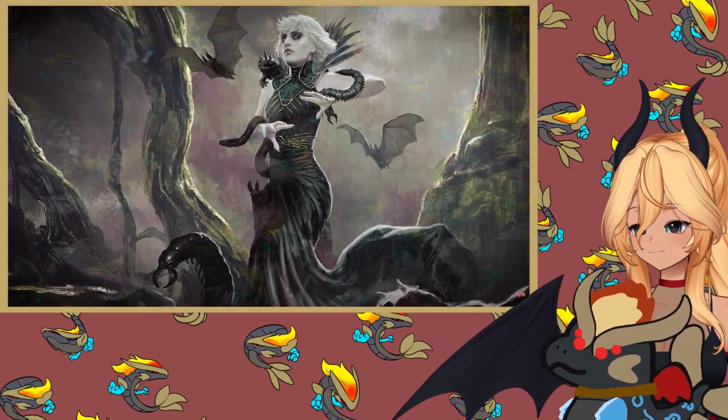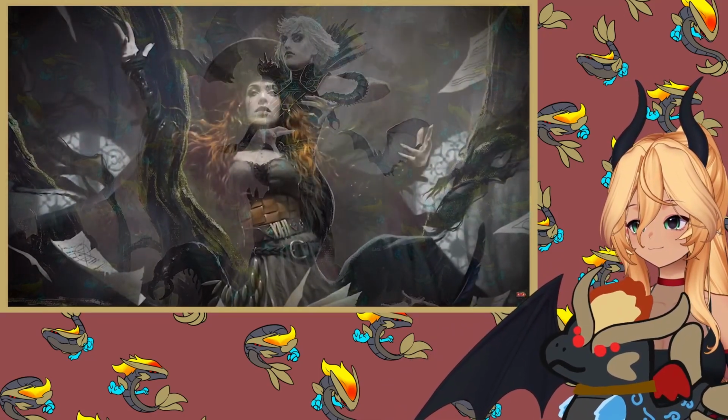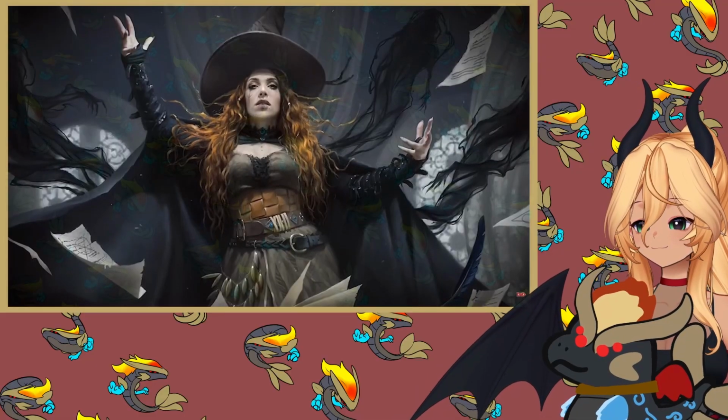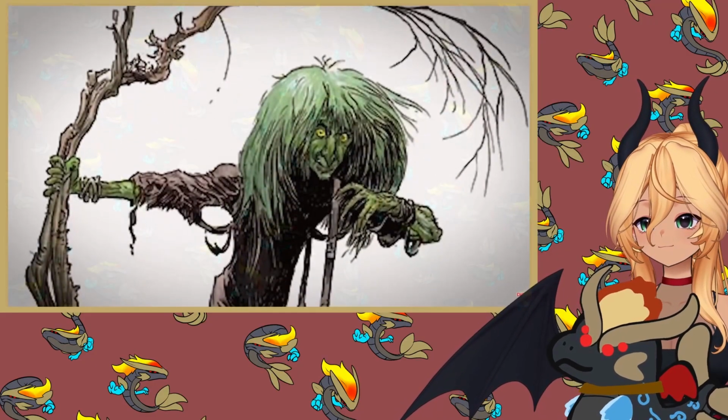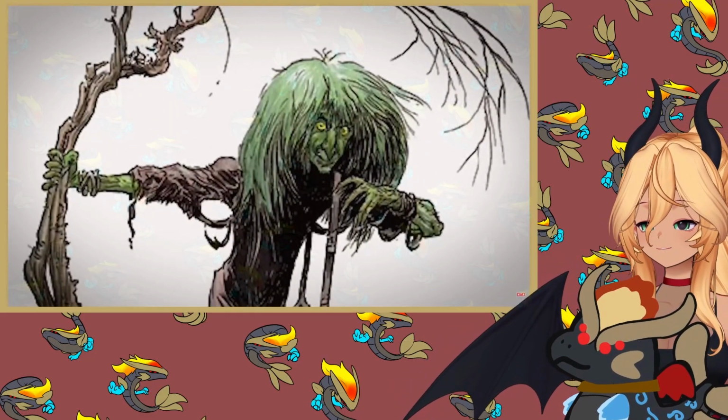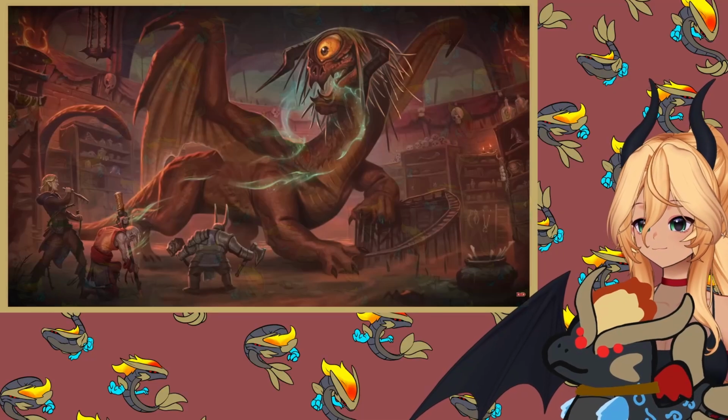Or perhaps the dragon has already killed the coven of hags that created it and is now using magic to disguise itself as a typical green hag. So if the players decide to get aggressive and cut down the hag, they might be in for a nasty surprise.